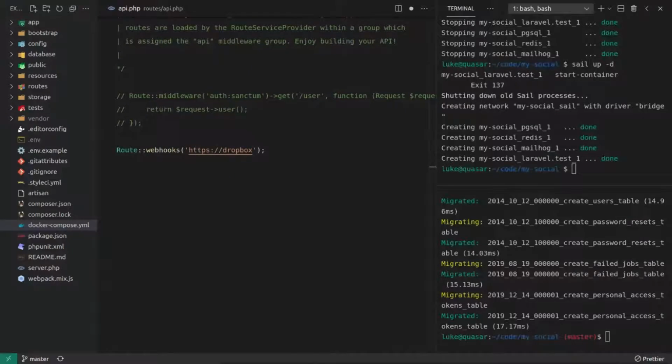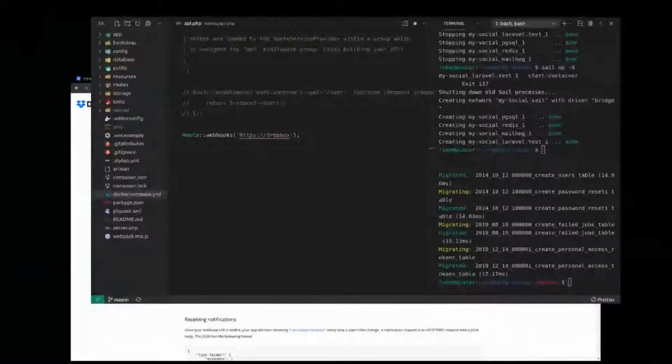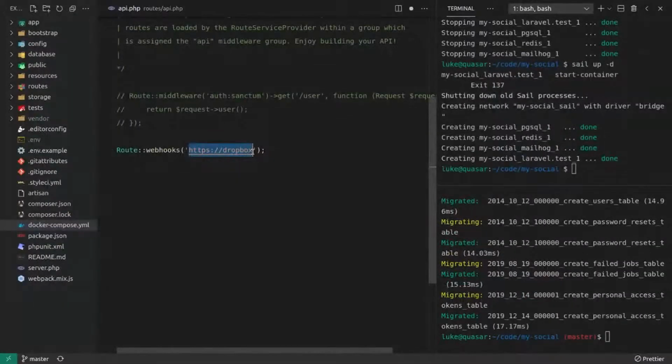So let's open that. What I'm doing at the bottom screen here is I've opened Sublime. I'm going into my codes directory and I'm finding this application. What did I call it? I called it Quasar Social or something social. There we go, my social. And then let's open the .env file. There we go. I've opened that in the bottom screen so I can play with my .env without showing you. Stuff like this doesn't really matter though, but I just wanted to be prepared.